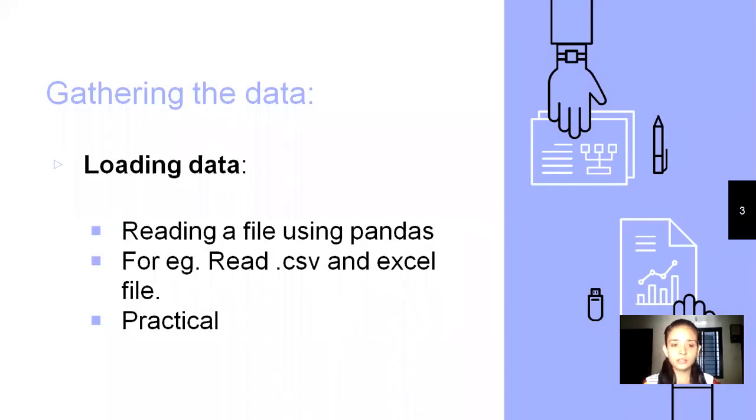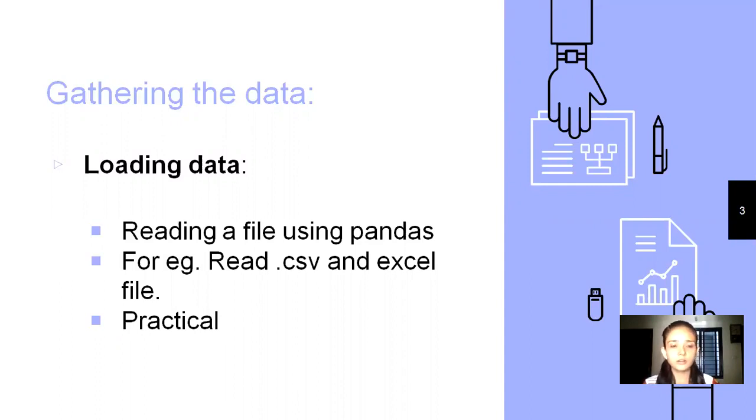To gather the data, suppose I have gathered the data from various websites. Many websites have data sets. They provide the data sets for research work, or for those who want to do a set of examples in machine learning or data science, and they can make use of the data set. There are lots of websites like the UCI data repository, and Kaggle, from where you can download a data set of your choice.